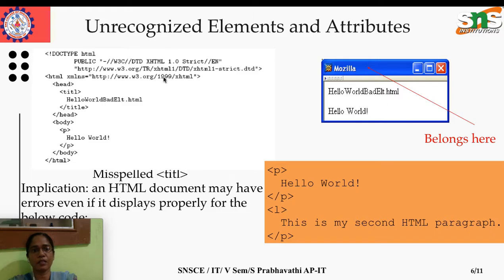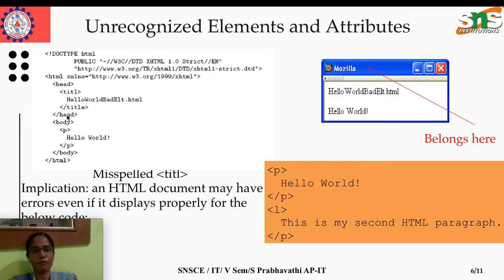This is the standard recommended by the W3 consortium, so we have to mention this XML namespace. This path is a standard recommendation by the W3 consortium. Okay, followed by this, in this example, in the title the letter E is missed